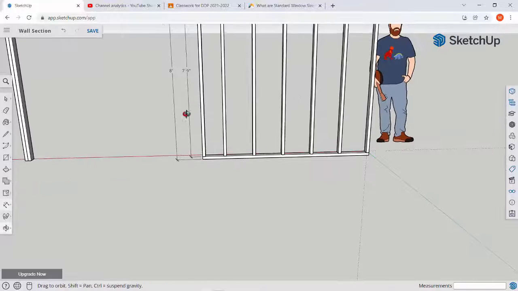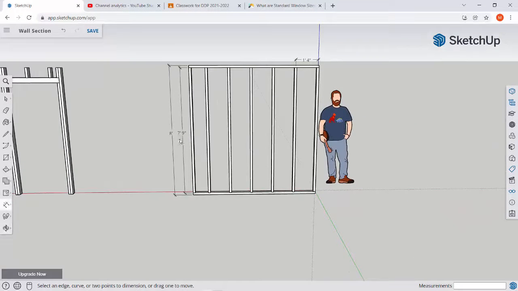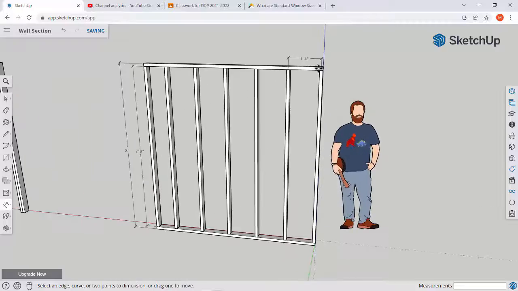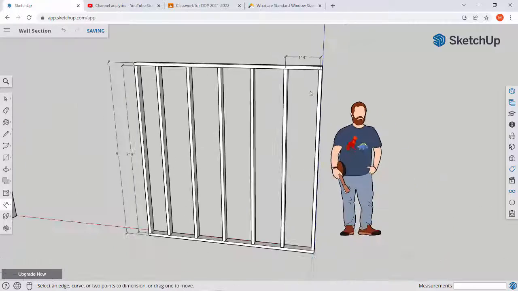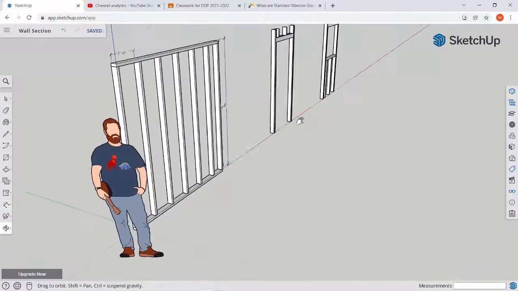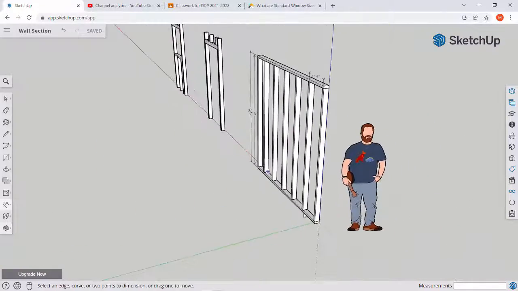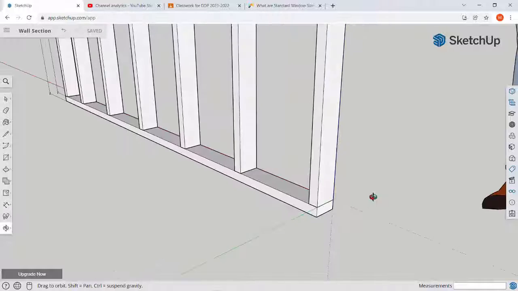So I'm pulling that out to the side. So we know our inside studs are 7'9". The overall height of the wall is 8 feet. We have a gap between center and stud that's 1 foot 4 inches or 16 inches. Okay. There's some other small things that we're going to add in just so we remember